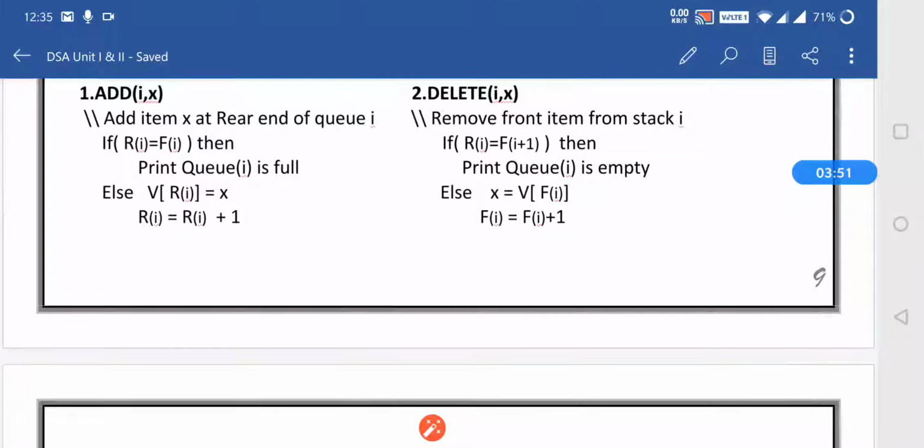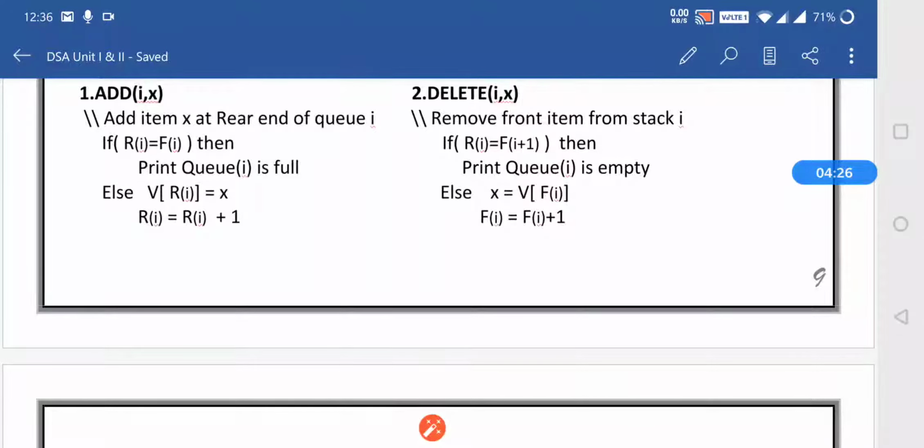If the value of front and rear is equal, then definitely our queue is full, because they are at the same position and there is no space for inserting data. If it is not full, then we can insert the element from the rear end, and rear is incremented to rear plus 1.